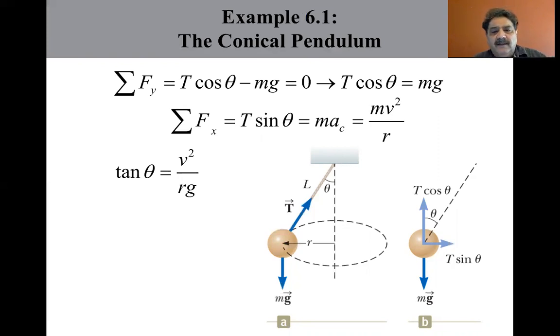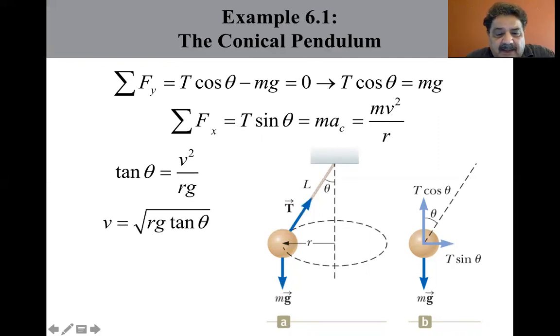Now let's solve for v. So v is equal to the square root of rg tangent theta. You just multiply both sides by rg, you get rg tan theta equals v squared. Well, we have to take the square root of both sides to get v, and we get the square root of rg tangent theta. Okay, let's incorporate r equals L sine theta from the geometry in the figure, the L